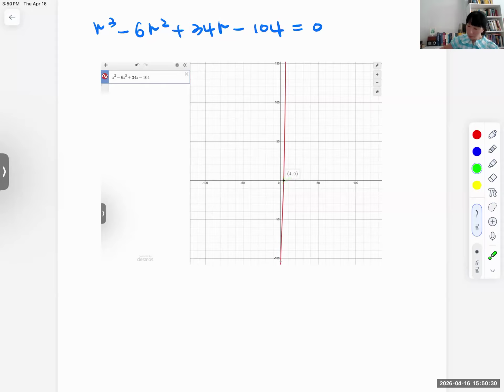Okay, so that means we have r, and then the root is 4, so r minus 4. Okay, then how do we find the rest, right? Yeah, we are using synthetic division. So let's do it. So use 4